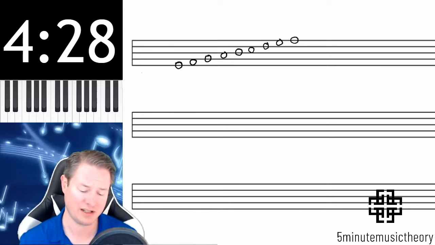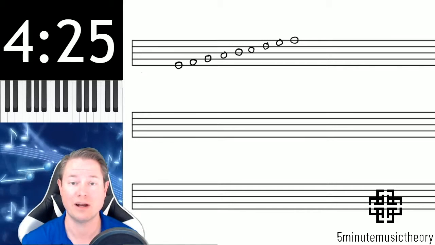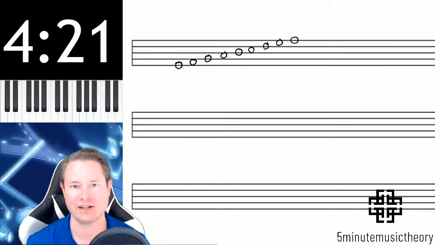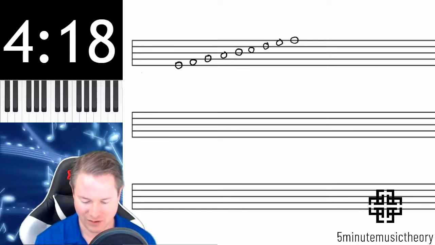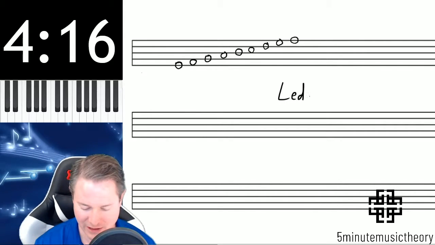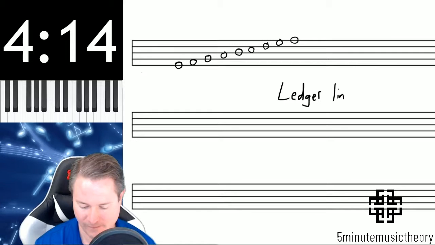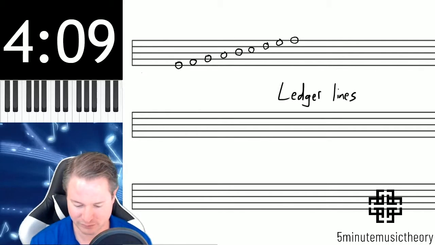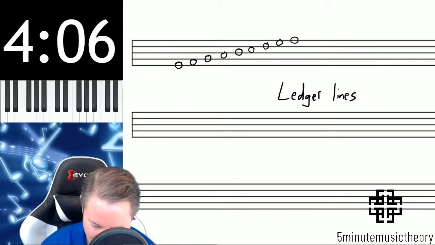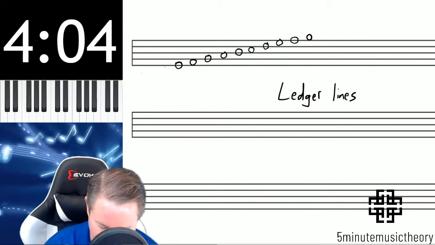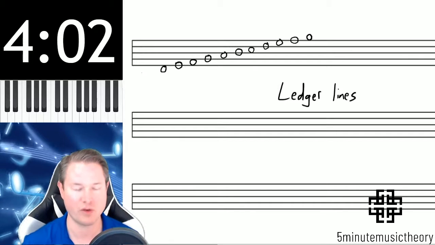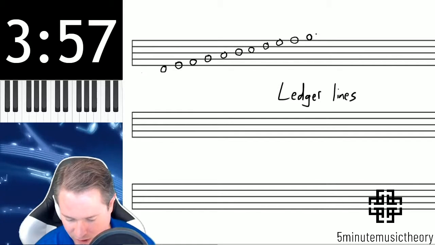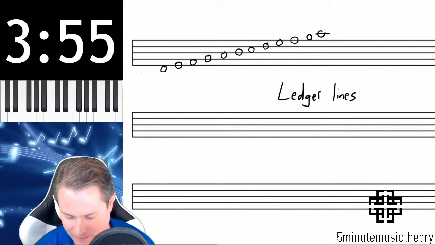Now that's great, that's a decent amount of pitches, but we have a lot more that we can use if we extend the staff. We can actually temporarily add extra lines to these staves by using what are known as ledger lines. And like I said, ledger lines extend the proximities of the staves. We can write notes above and below those last lines, but then we sort of run out of space. So in order to keep going, we need to add an extra little line here called a